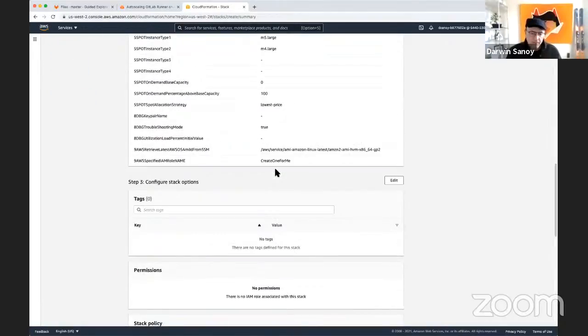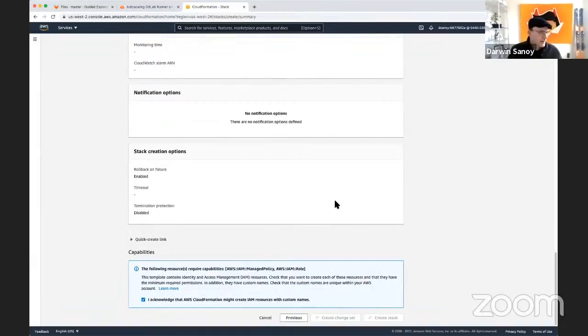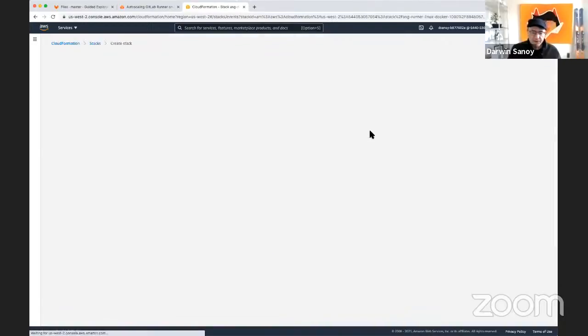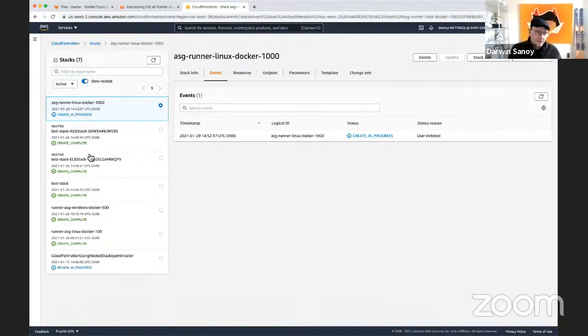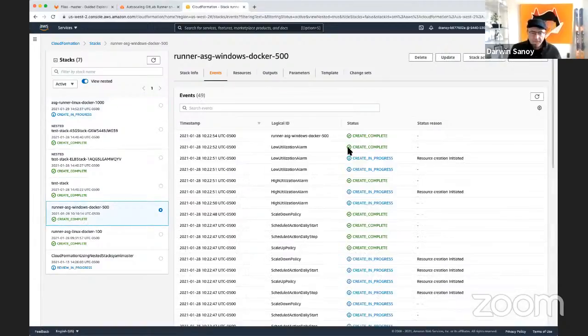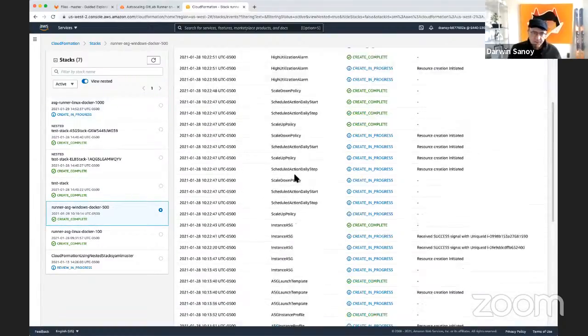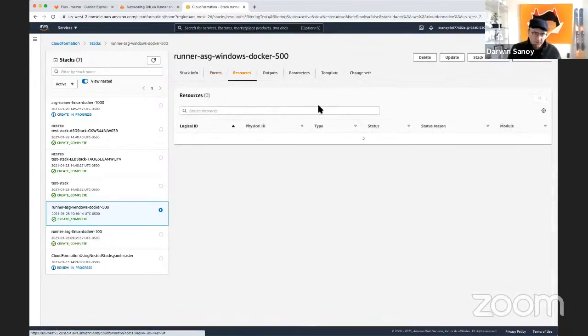Oh, yeah, I did hit it. It's just taking a little bit. So this is going to process, and we'll go to some completed ones to take a look at what it looks like. So here's Windows Docker. You can see the events that processed, the resources that were created,